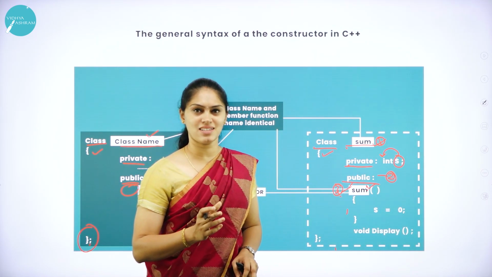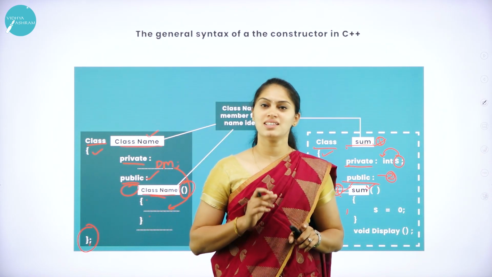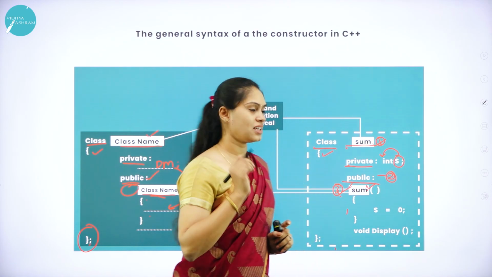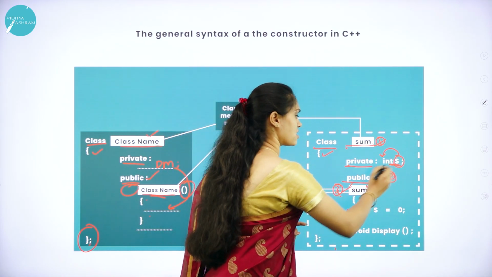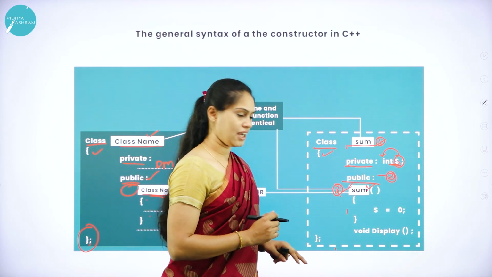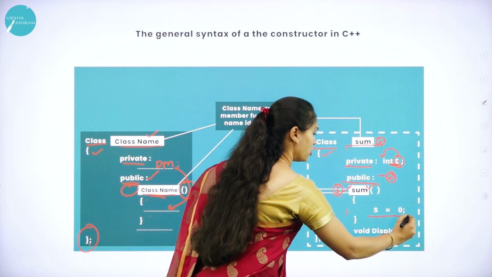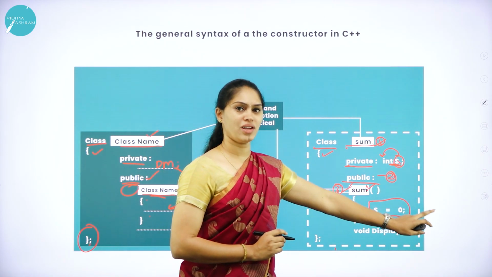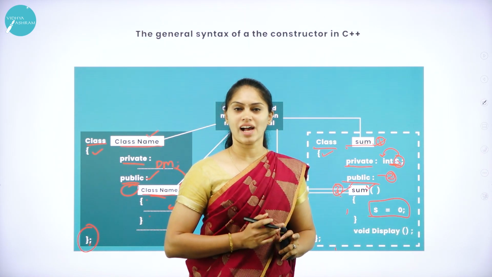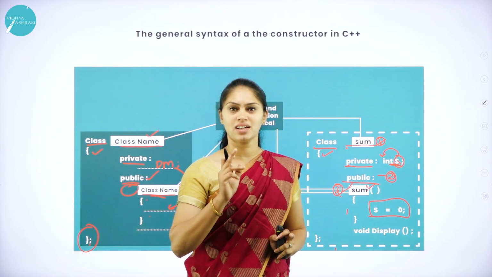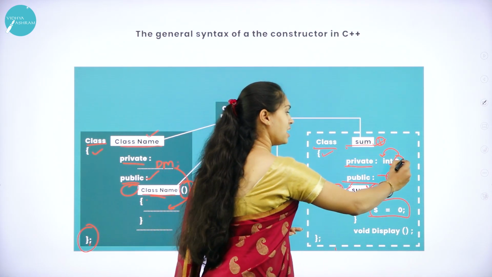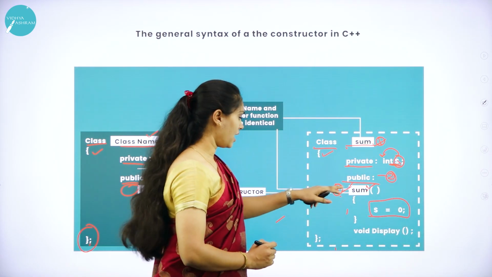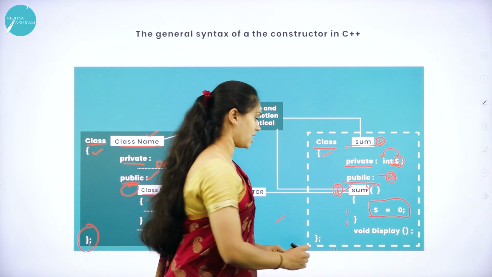Why do we require this constructor? In order to initialize the values of the data members. So what is the data member here? That is s, which is of data type int. I am going to initialize some value to this s, that is s is equal to 0. What am I doing here? I am initializing the data variable of a class. The data variable is s here, and I am initializing that s to 0. And I am going to close the scope of this constructor function.